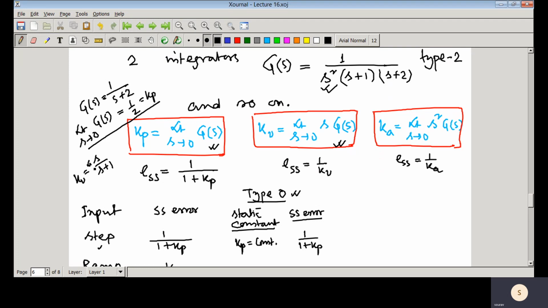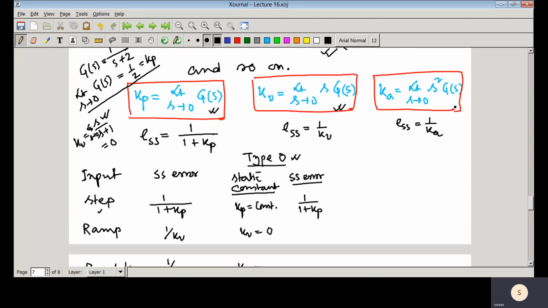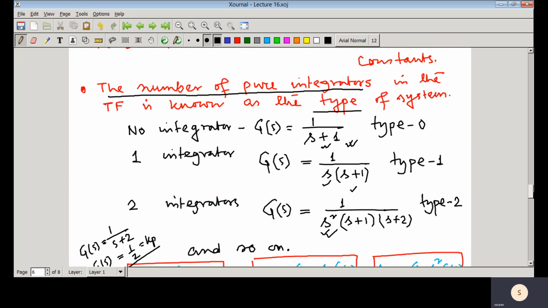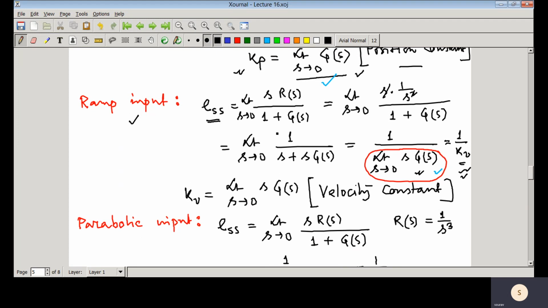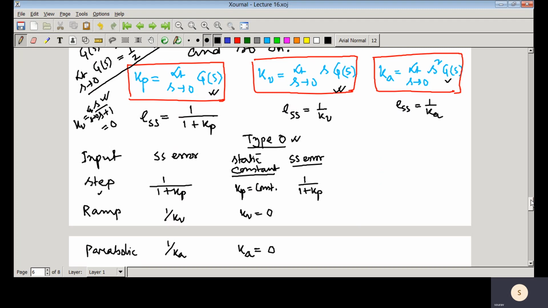Now if you just apply limit s tends to 0, as in the numerator s is there, Kv would be equal to 0. So you can see here that Kv is equal to 0, and similarly as it is s squared into G(s), that constant Ka would also be equal to 0. And the steady state error in case of ramp input is 1 by Kv. So 1 by Kv means 1 by 0, so that is infinity, and here